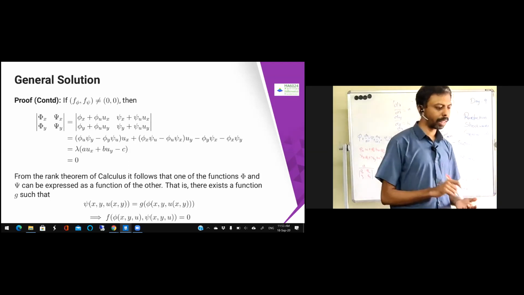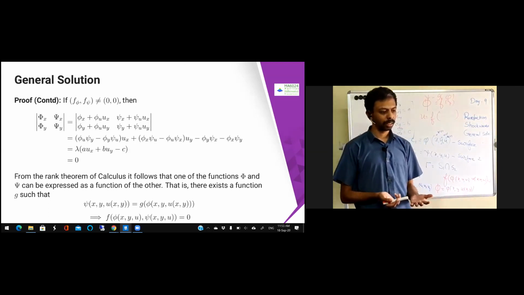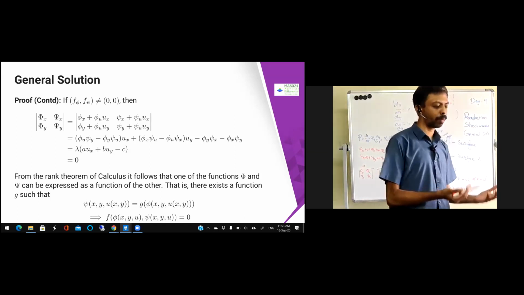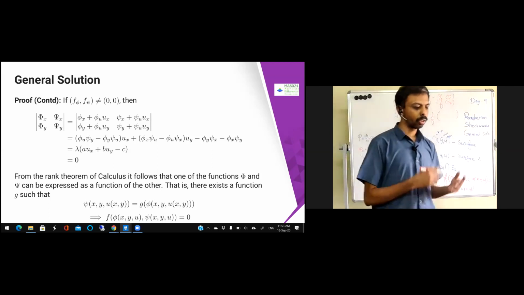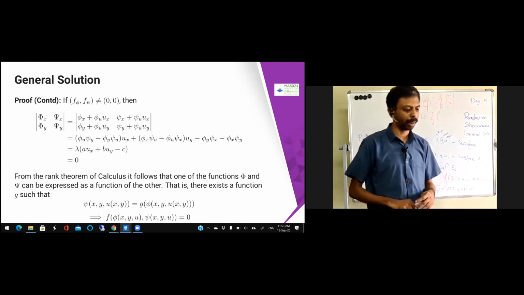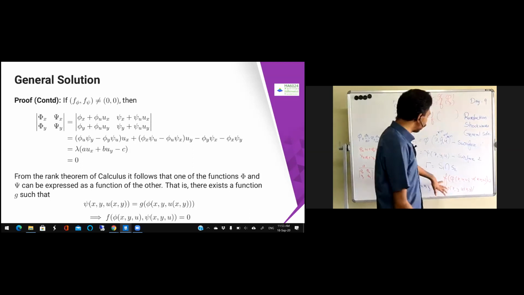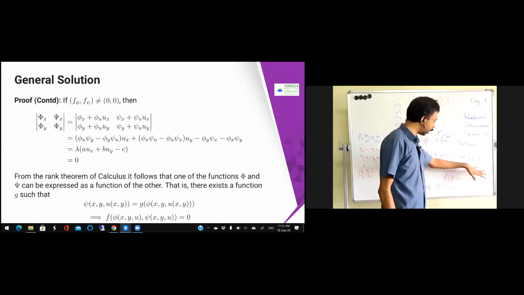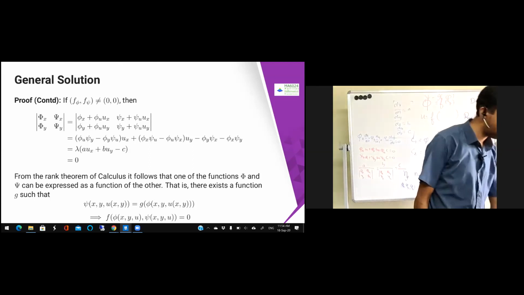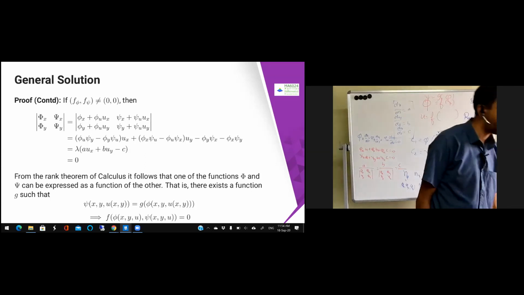Okay. So if it is less than 2, what you can say is that it is linearly dependent. So one is dependent on the other. That is the theorem we say, the rank theorem of calculus. So one is the function of other. One of the functions, pi, can be expressed as the other. That is linearly dependent. That's the reason we are writing psi equal to g of pi. Therefore, if psi equal to g of pi, you can get something like f of pi comma psi equal to the same thing again. That function you can simply get as psi minus g of pi if you write.